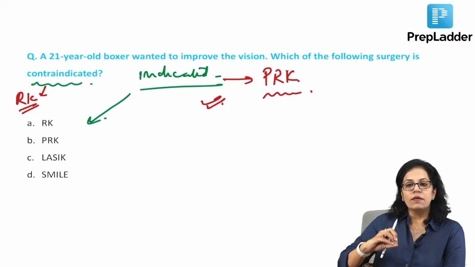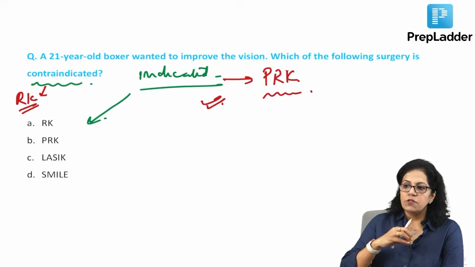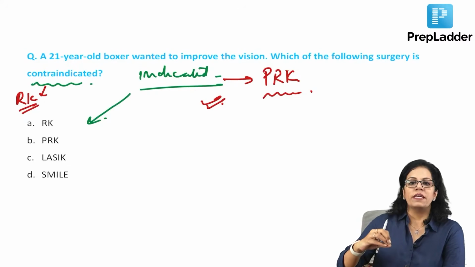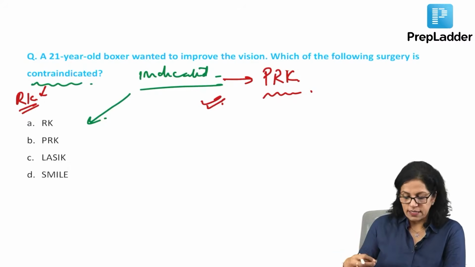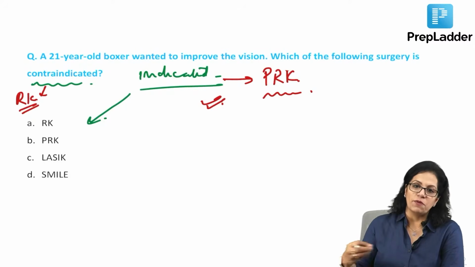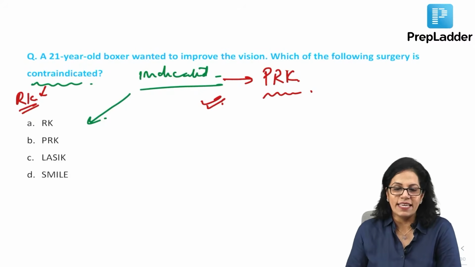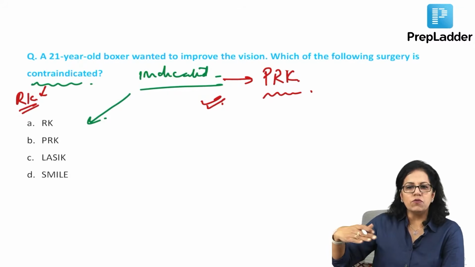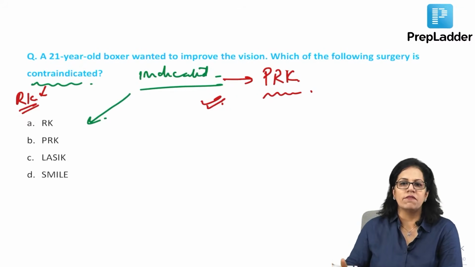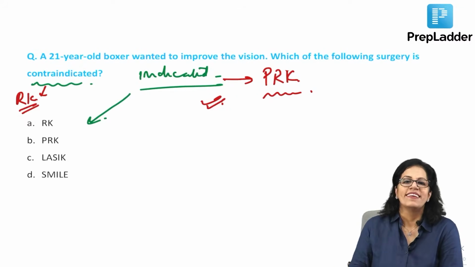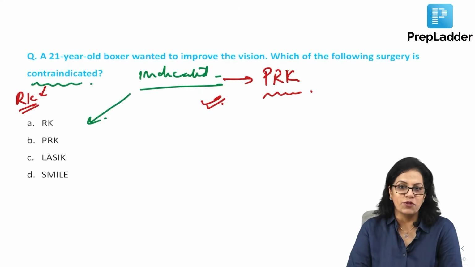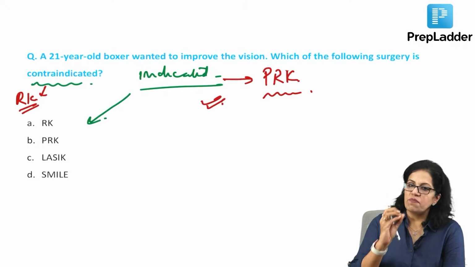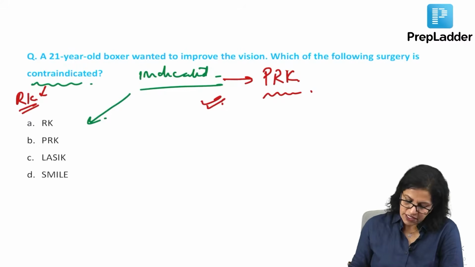Whenever there is only removal of epithelium, either through alcohol or whatever medium, and then applying it on the stroma and then bandaging, then we will always prefer those procedures. Right? In Epi-LASIK also, we do raise a very, very thin epithelial flap and then we put down the flap, isn't it? So, again, this is a type of flap surgery. That is why PRK should be chosen always first. So, if PRK is in the options, there is no confusion, just mark PRK.